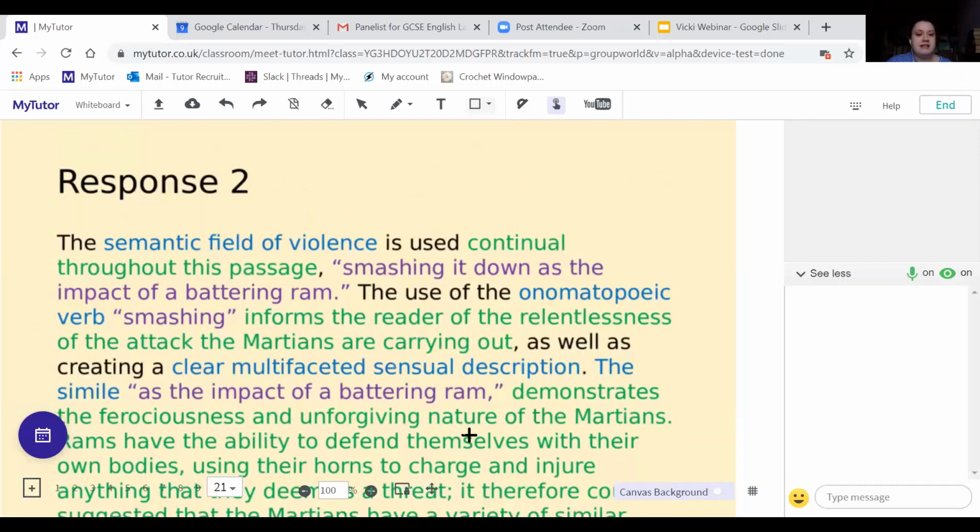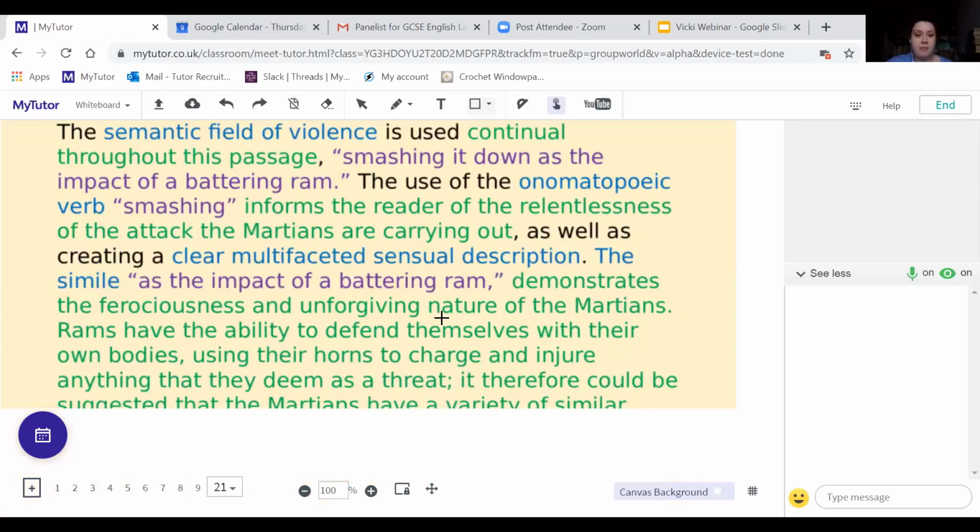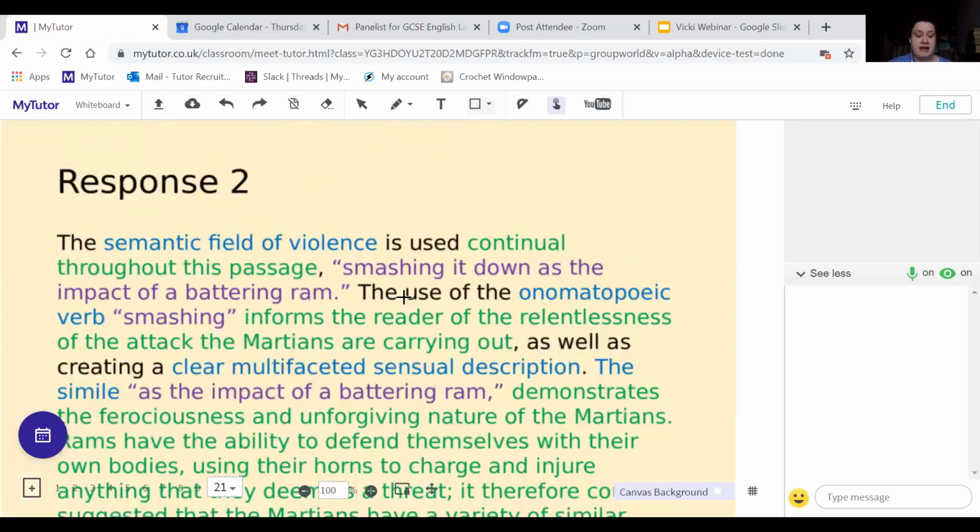And instead of talking about what battering means, I'm actually taking on a different point of view towards that. So we'll look at the analysis in a minute. And I've also said a clear, multifaceted central description. So that just means we're not just looking at sight, we're also talking about here, it's sort of panoramic, that we are there. Right, so in terms of the quotations I have chosen, they are pretty much the same. In fact, entirely the same, apart from battering is not there. I think battering has fallen off the bottom and why we can't see it. So really there isn't much difference. However, it's how I'm using them which takes me up to that next level.